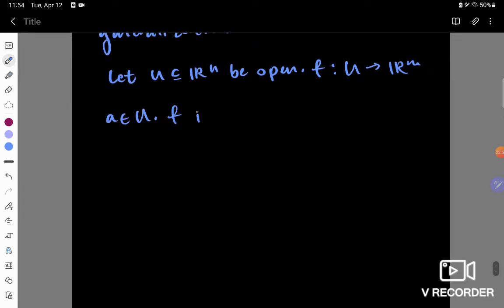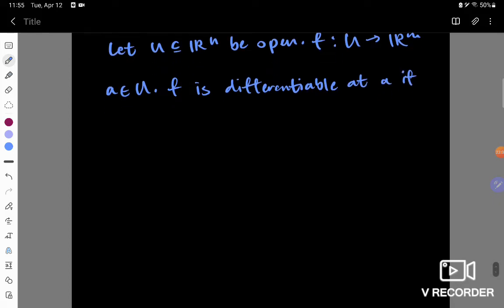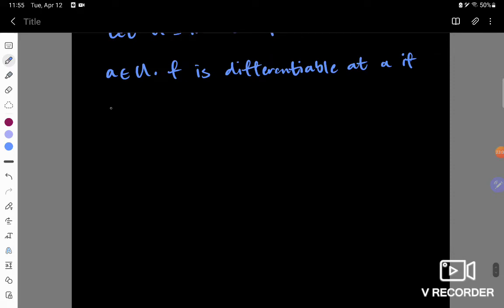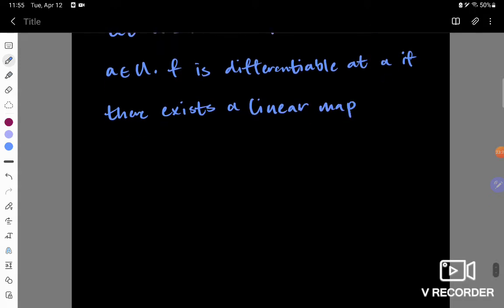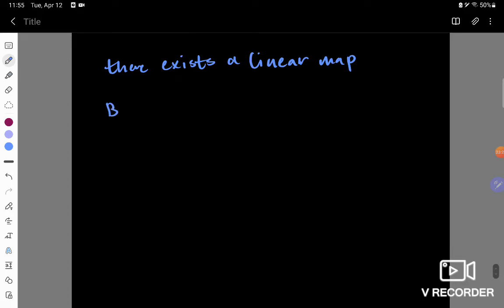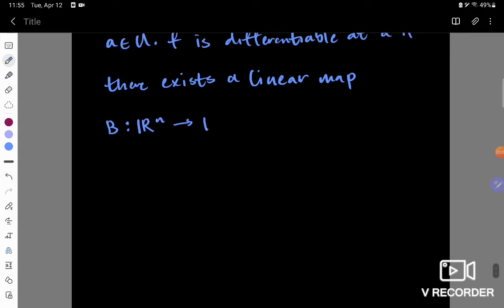So f is differentiable at a if there exists a linear map, this is what I had alluded to kind of preemptively earlier, which we will call B for now and adjust our notation later as we see fit. Our mapping carries the same way as our function does, from R to the n to R to the m,